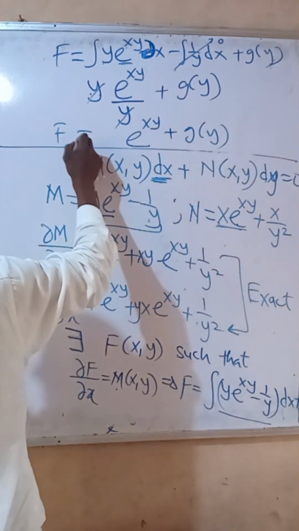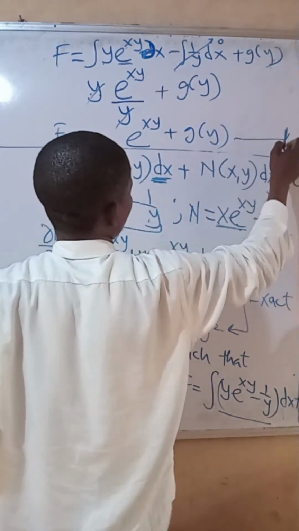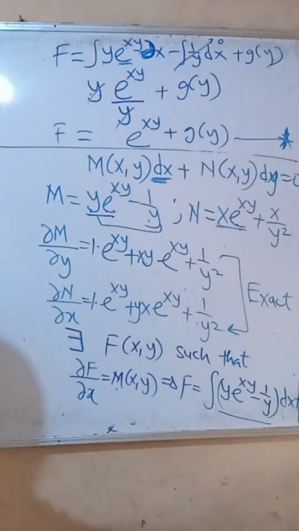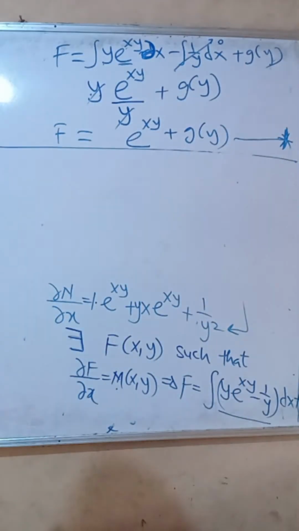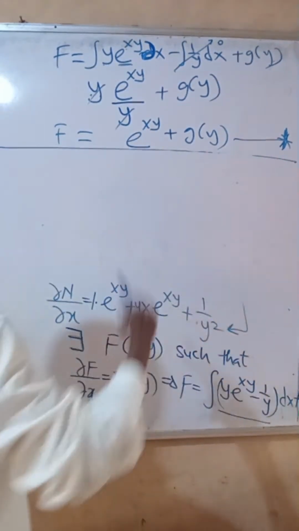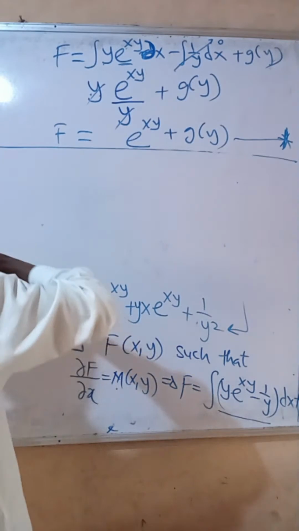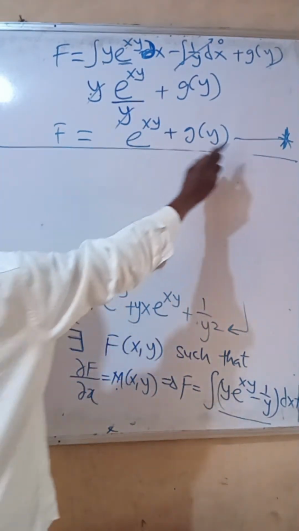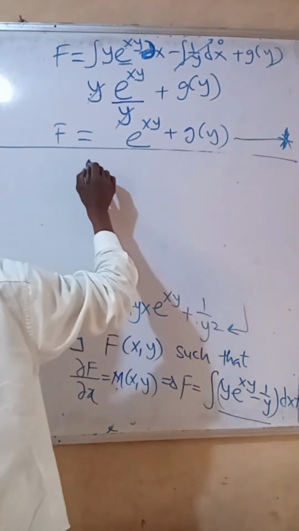That's my f. Call this one equation star. Give it that name. We want to find the g of y. And to get the g of y, we need to take the what? We need to differentiate that equation asterisk,